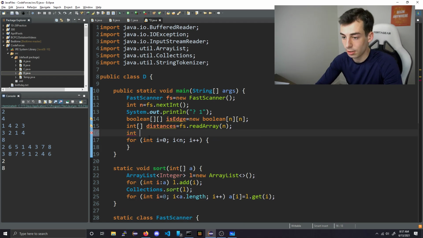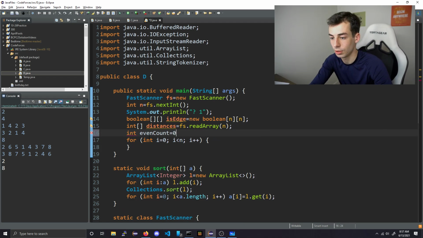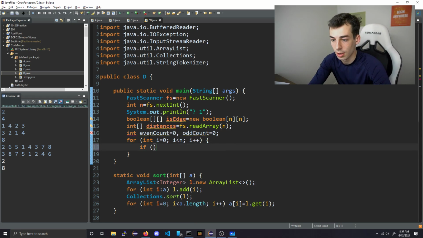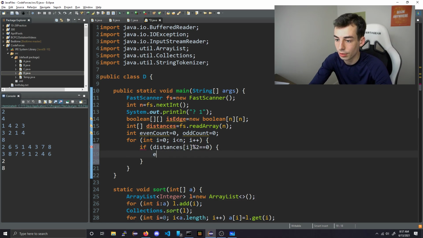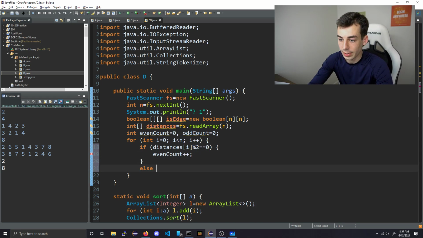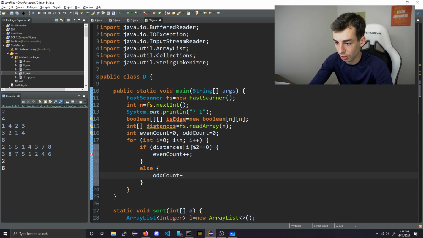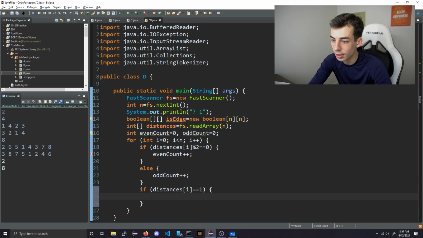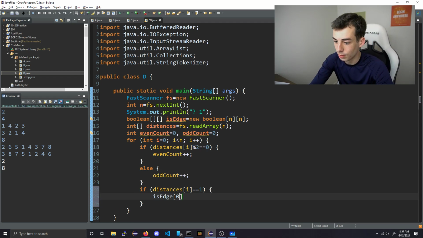Okay, so we need even count equals 0, odd count equals 0. If distances i mod 2 equals 0, then even count plus plus. Else odd count plus plus. Distances at i equals 1 is edge from 0